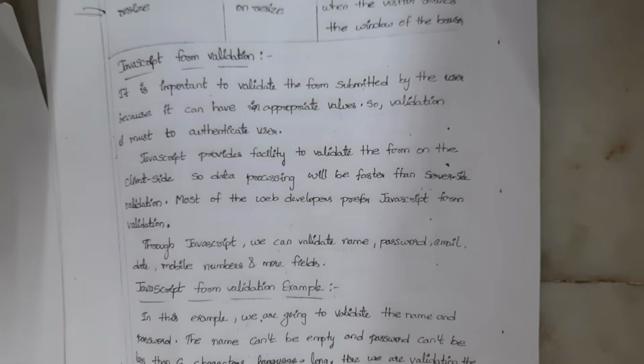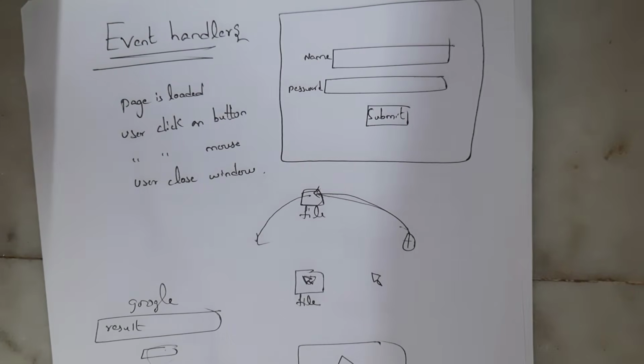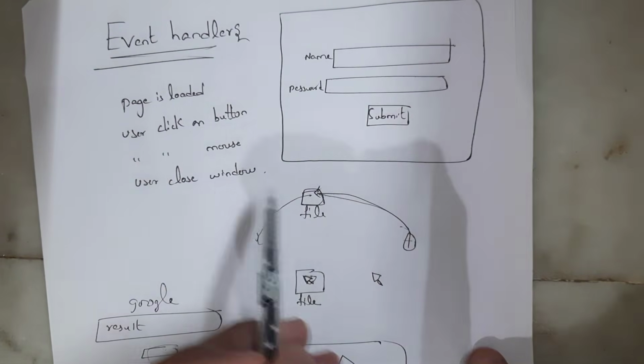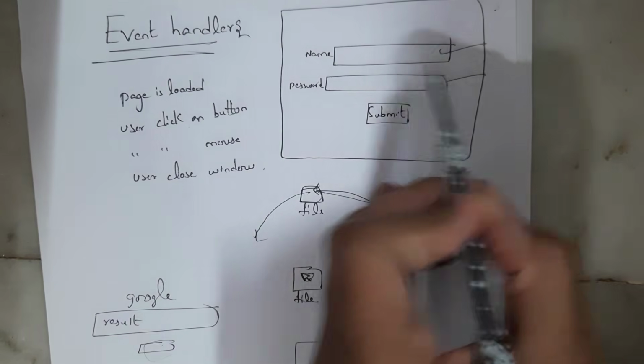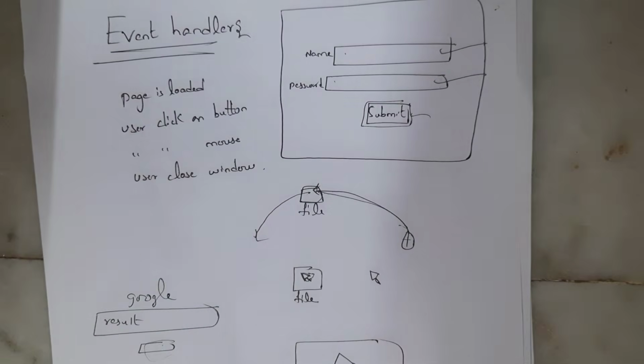Next topic is JavaScript form validation. As we all know what is form. For example, if you want to send any application, you need to send form. Like you need to enter username, password, and all your details, and you need to click on submit. This is known as form, and you can create such kind of forms by using HTML. For example, if you see this website, because it contains name and password, after entering username and password, you need to click on submit. This is known as login form.